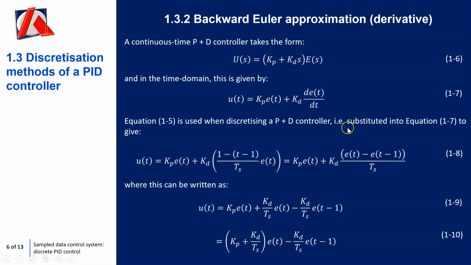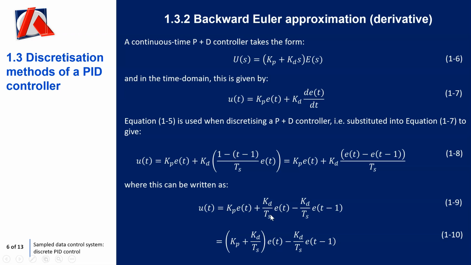So all you can see is I've just replaced dE(t)/dt with this formula here that effectively works out the midpoint of the two sampled points, the current and the previous sample, and it takes an approximation midpoint of those two points. So that's looking at your rate of change. This can be written in this form. So if you were looking at this,